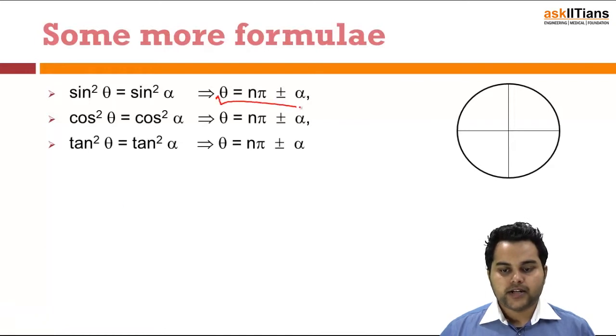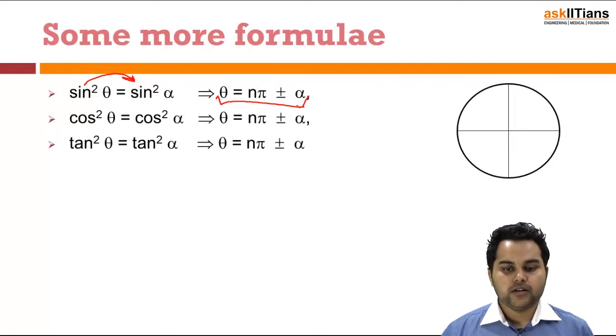We earlier said that if the angle is of the form of a multiple of pi plus minus the unknown angle, then we can have no change in the trigonometric ratio, and that is the situation here. That is, sin square theta is again coming out to be sin square alpha. So sin is remaining sin, hence the solution set would be of the form multiple of pi plus minus alpha.